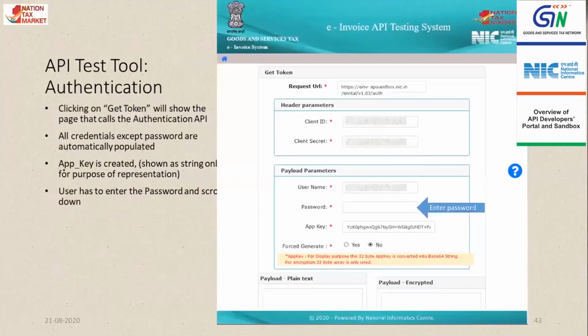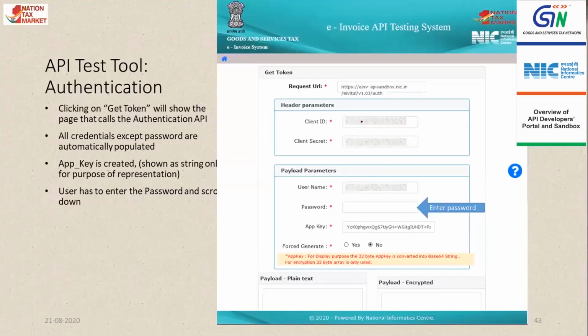So this is the first among the APIs which we had listed in the left side menu, that is the auth API. Here we have given a provision where the developer will be able to try themselves and see how the APIs actually work.